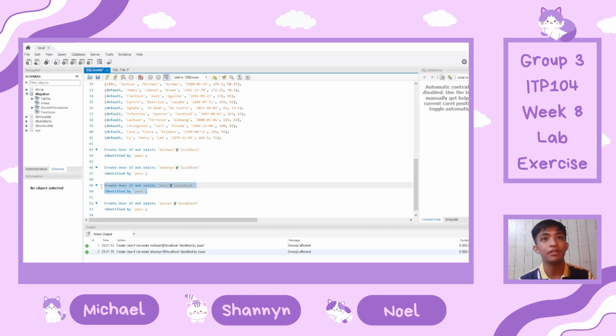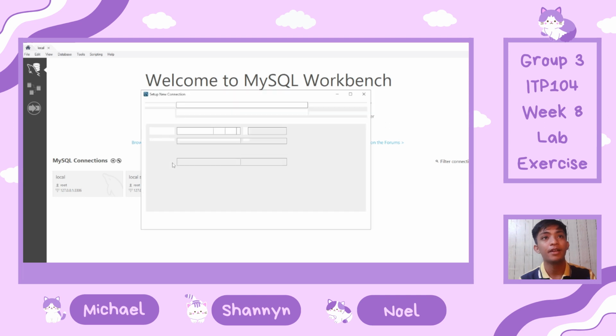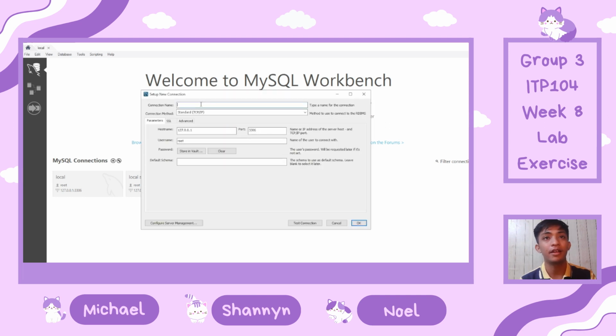To start, we need to create a user, and to do that, we need to type the following codes. Create user if not exists, the username, in this case our first user is named Michael. Then the @ sign, after that the directory for the database, we use localhost, followed by the statement identified by pass or the password. Keep in mind that the username, the database directory, and the password need to be inside